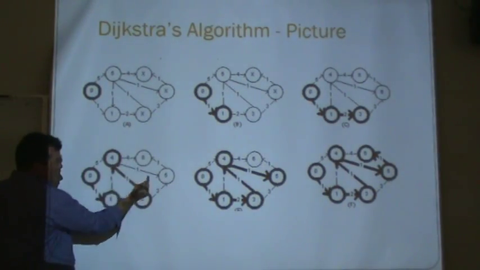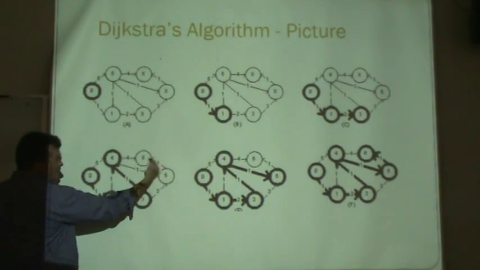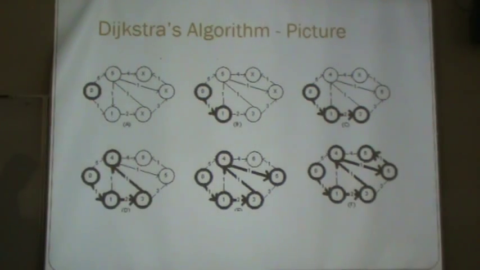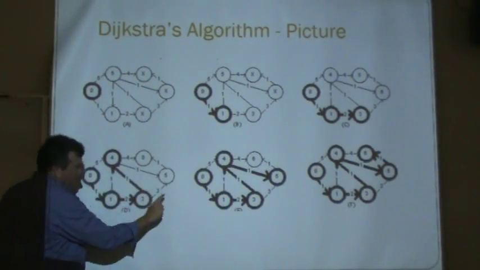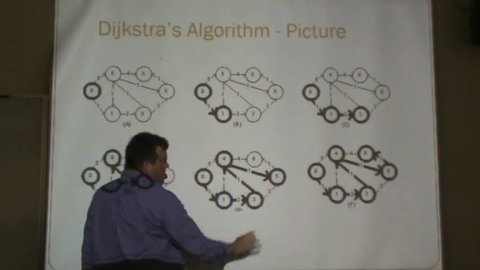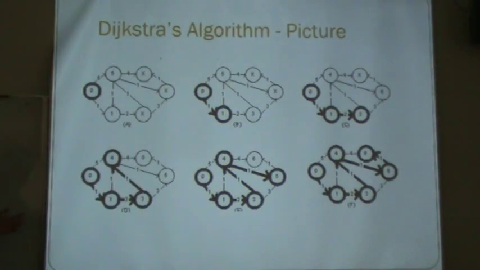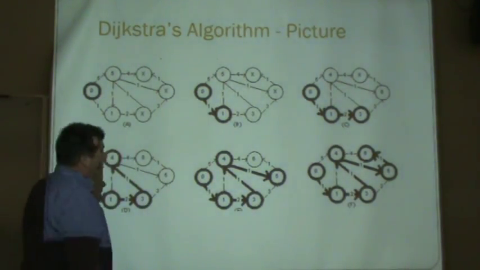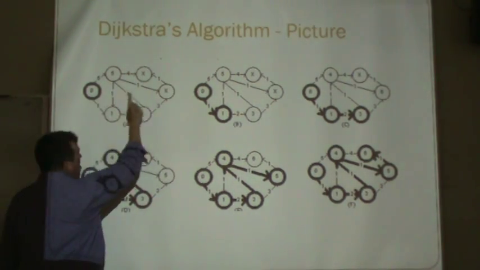This may not be the best way because we may be able to get to this 5 and then come in another one. So we add this one to our answer. So that would be this path gets added to our answer. And the best way to get to here is in 5. Now at this point, if our original question was, how long does it take to get from here to here,